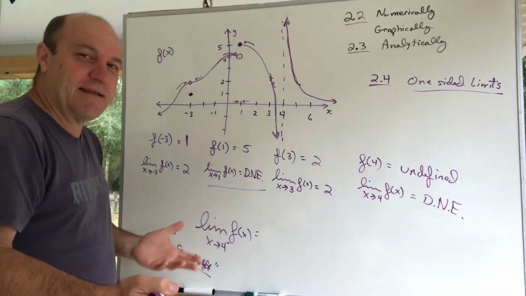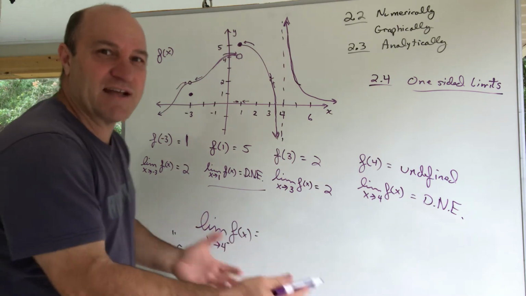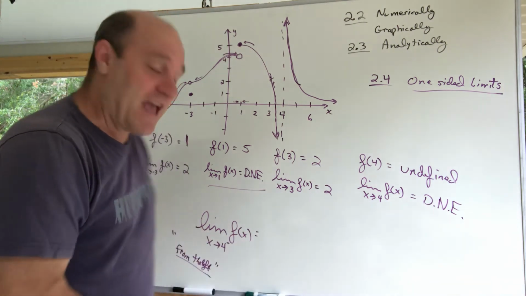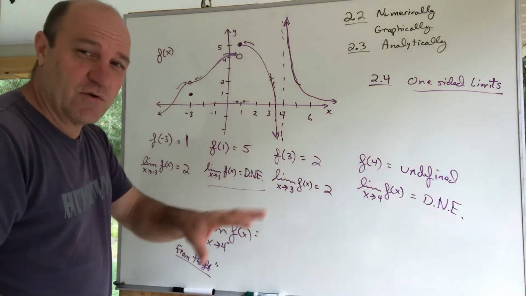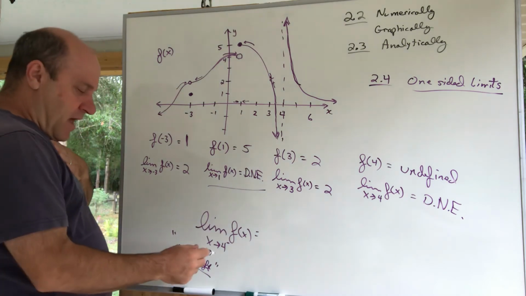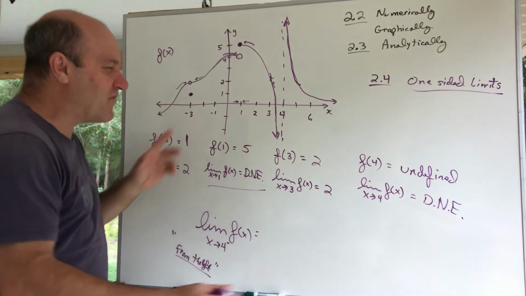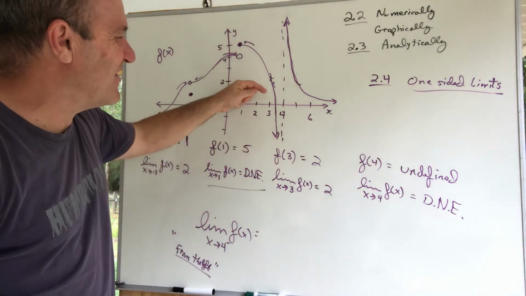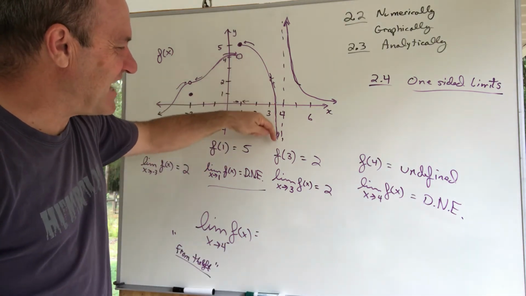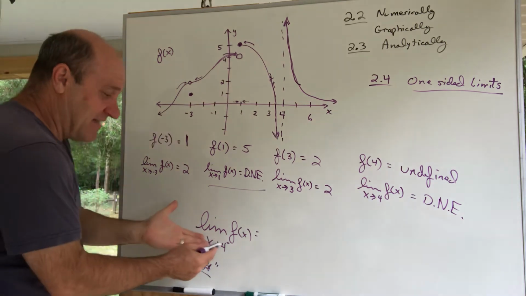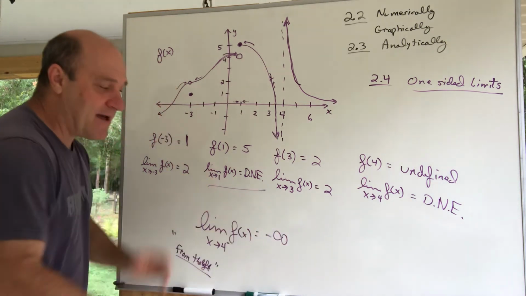Then they get to where they say you can tell me the behavior of the graph, and you can answer infinity. So they sort of change, they do what I say. And so let's just start by saying, as I approach 4 from the left, it looks like it's headed down to negative infinity, and that is an answer that I want to write down, negative